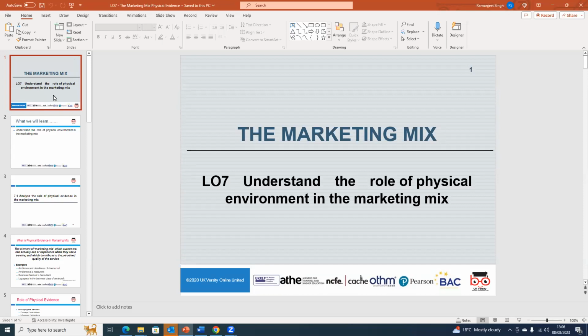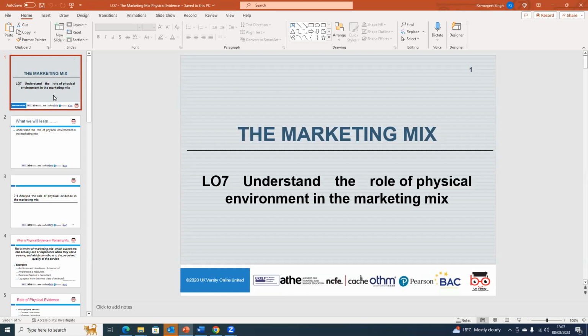Physical environment, yes. So what do you understand by physical environment? A physical environment is that in which we create our products and sell them. Yeah. So what's the difference between physical environment and place, which was number 3, and this is number 7? Is this connected to number 3, place, or is it not connected? Maybe connected, sir. Or is it similar?